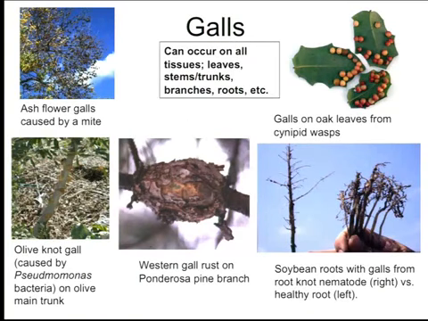So for example, these are the galls. Galls are these malformations that are caused, in this particular case up there, by wasps called the cynipid wasp. In this case, in an olive, it's a bacteria. In this particular case, it's a rust. So it depends, the different organisms cause this. It's a reaction of the tissue, like an abnormal growth that starts happening in the plant as a reaction to the attack of the particular organism. Next.